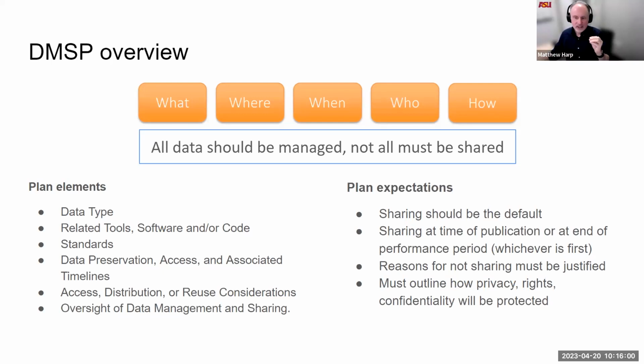These elements within a data management and sharing plan are short, 1 to 2 pages. They need to be very specific but actionable, and also understand that the PI is the person who is accountable for it, not necessarily the units or resources that they're allocating or recognizing in the plan.